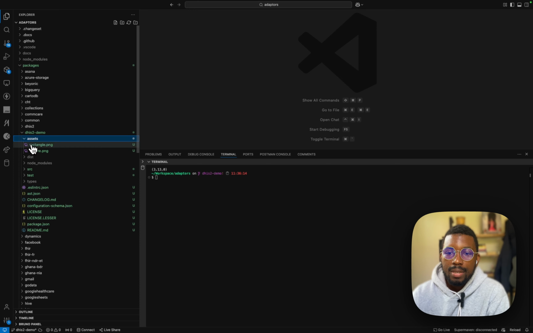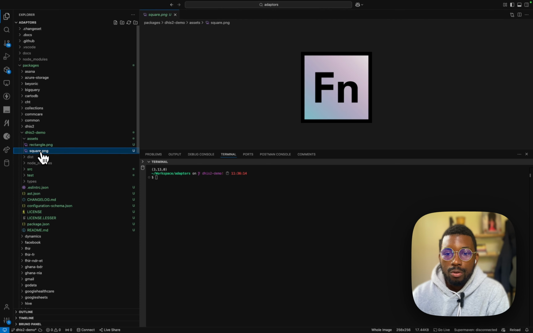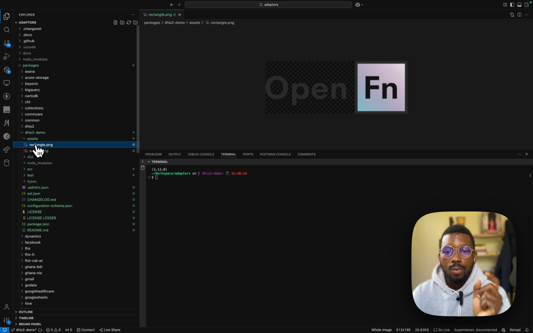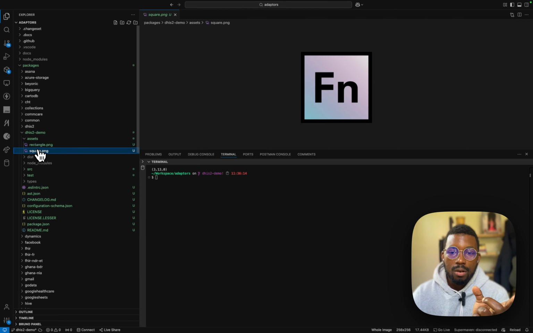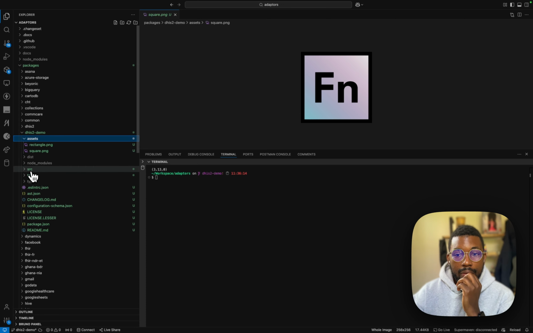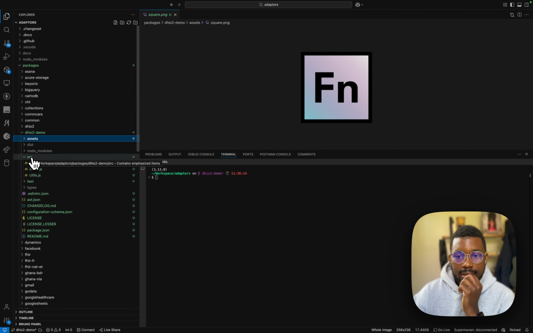Starting with the asset, basically this is where you put your logos. And as I mentioned earlier, for the dimensions, we need one rectangle logo and one square logo. And this logo will be used on Lightning. And then looking at the SRC directory,